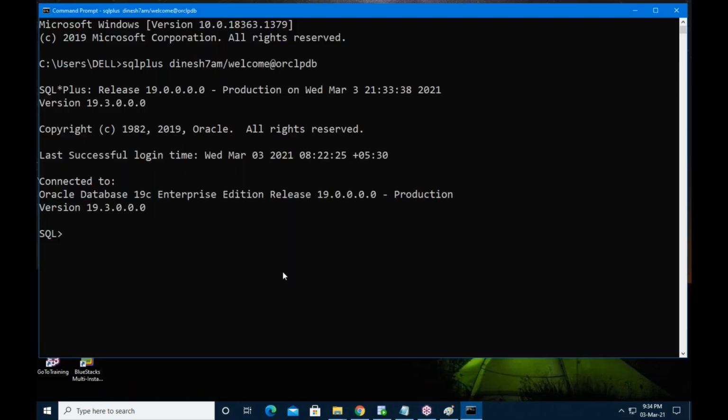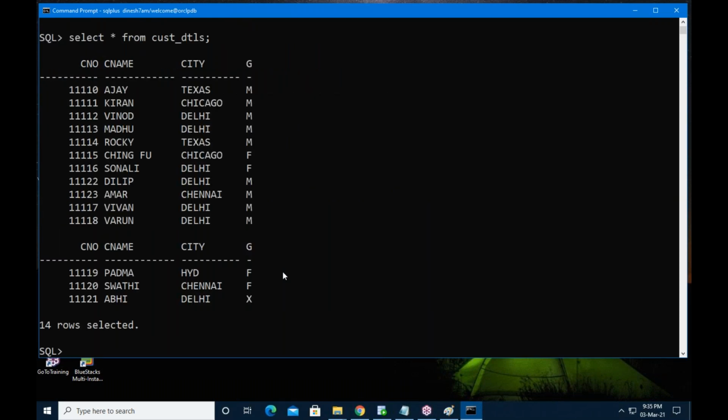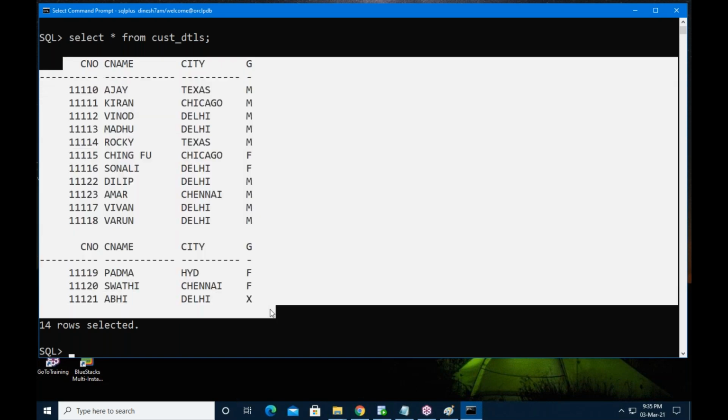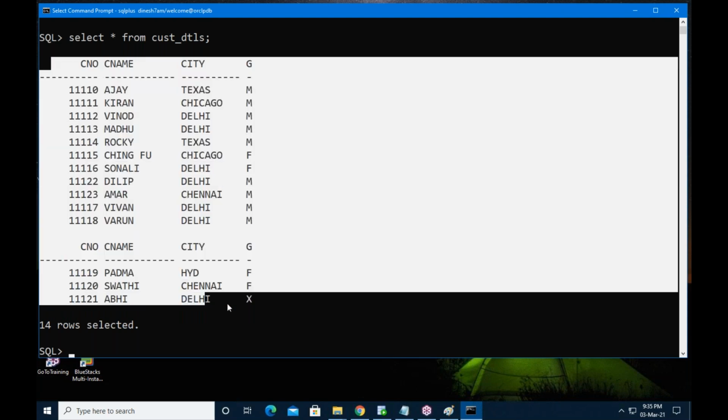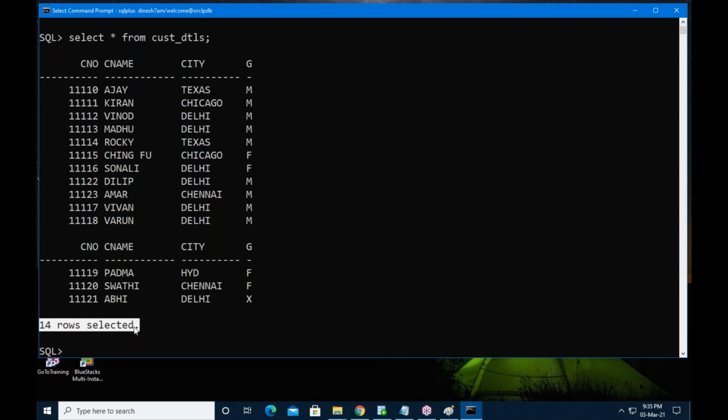All of you see here. I have a table, customer details. If any customer registers with the bank, that customer information I am maintaining here. Again, I am repeating, if any customer registers with the bank, that customer information should be maintained in this table. So here, how many customers are present? 14 customers are there.